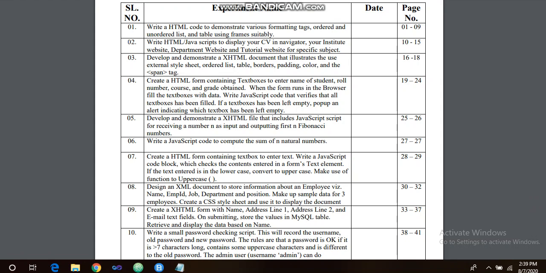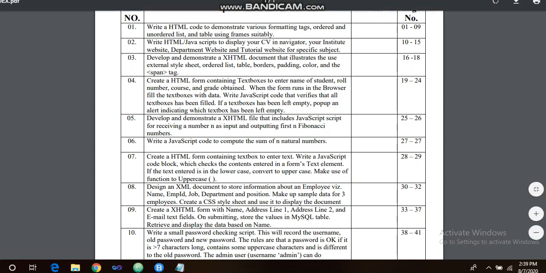So we all know that we have done some lab programs on web, and in the journal you may see that some changes might be there. So you can refer to the programs which I have personally explained to you in the lab and which you have written in your lab book. As well, you can go through the journal. Some changes with the examples might be there in the journal, not 100% change, only 1% of change when it comes to examples. Hopefully you will understand that, right? Being finally a student, I think it is quite easy for you to grasp those changes, right?